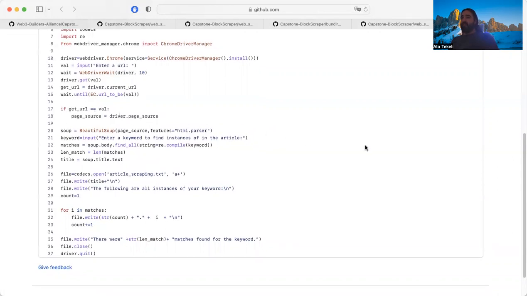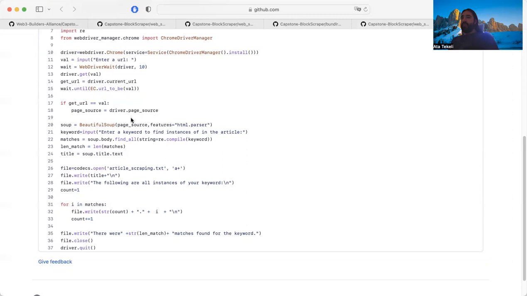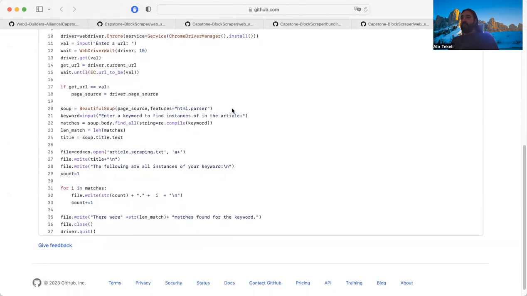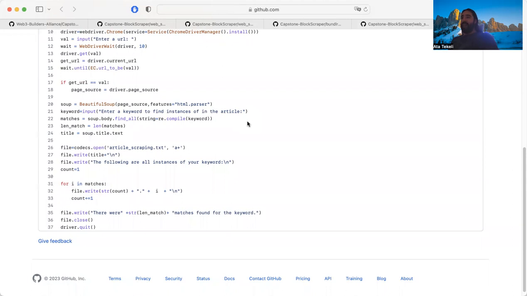If we get the URL, and then we get the driver page source, and then we start to parse the HTML in order to have meaningful insights with the Beautiful Soup library. And in order to make our search more specific, we ask them to enter a keyword to find instances of it in the article, and then we match them by using the